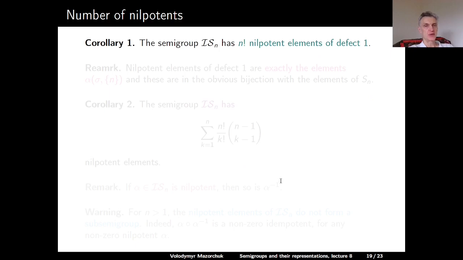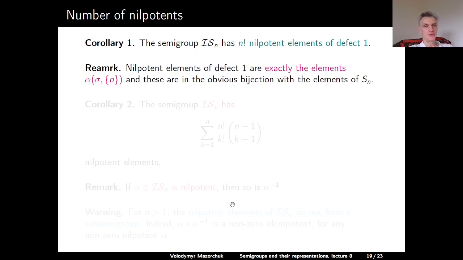Corollary: the semigroup ISN has n factorial nilpotent elements of defect 1. We see this directly from the previous formula, or actually from the proof. So nilpotent elements of defect 1 are exactly the elements alpha of sigma comma n. So the set x equals to just n is a singleton, and these are in obvious bijections with permutations in